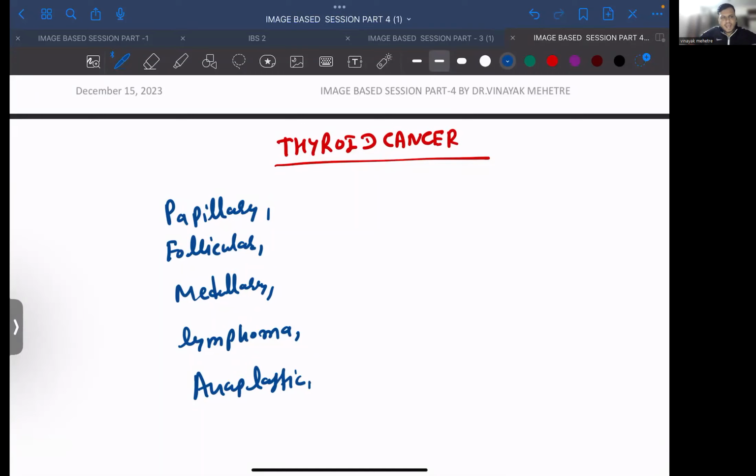Which cancer has best prognosis? Anyone? Yes, papillary, right? If papillary is not in the option, then if both are not in the option, then which has worst prognosis? If anaplastic is not in the option, then